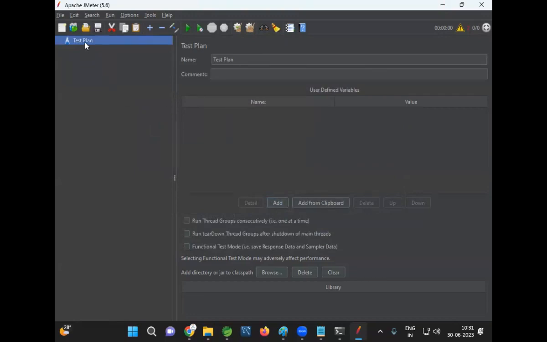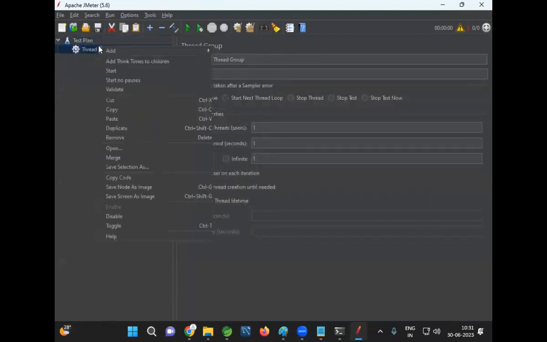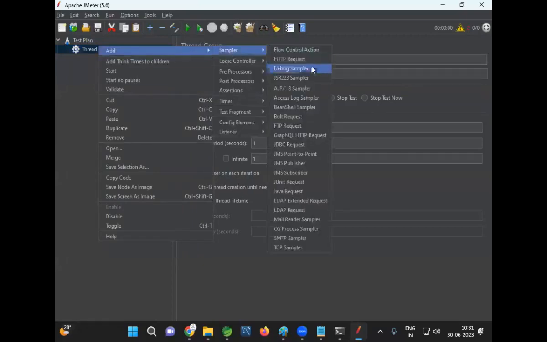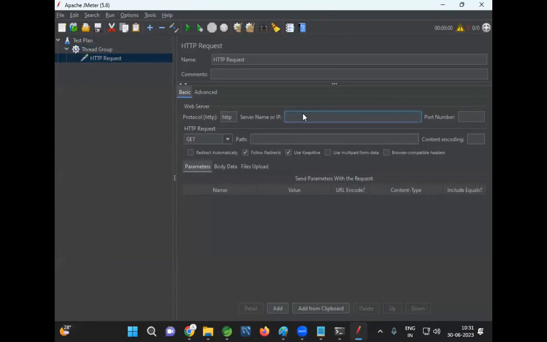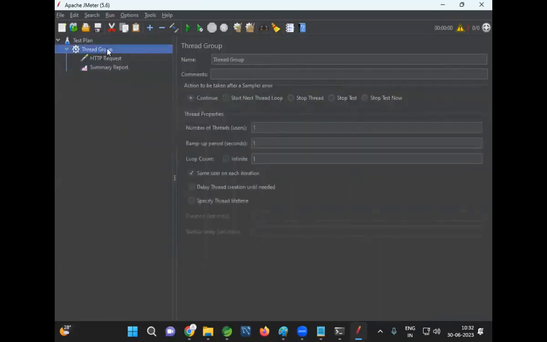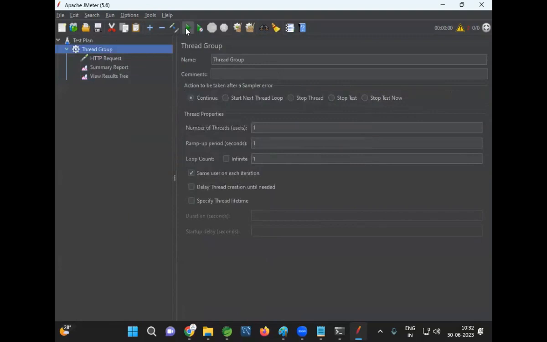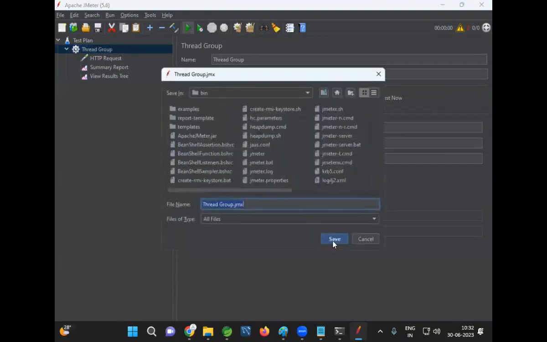Good. Fine. Where is that? What happened? Is it gone? Add threads, thread group 1. In the thread group, add sampler HTTP request, server IP, which is localhost, port number 8080, HTTP get /welcome. Next one, listener, add the listener, summary report, and listener view results tree. Perfect. Now let us run this. Yes. Save this test plan 01 test